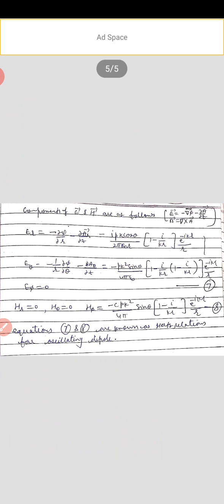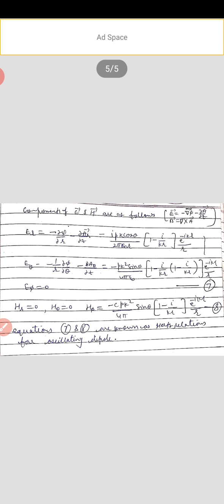Components of electric field Er = i p k cos θ/(2π ε0 r) · (1 - i/kr) e^(-ikr)/r. Similarly, Eθ = -p k² sin θ/(4π ε0) · (1 - i/kr - 1/(kr)²) e^(-ikr)/r. Eφ = 0 and Hr = 0, Hθ = 0,